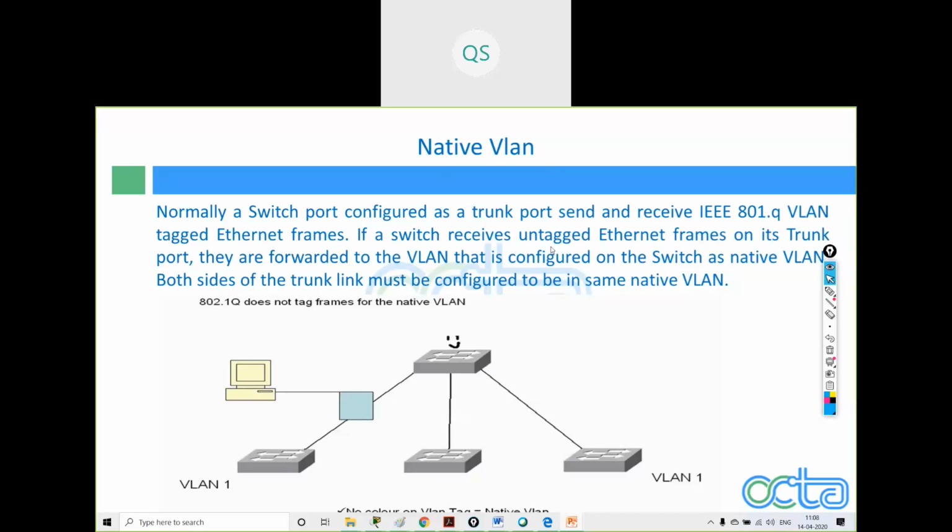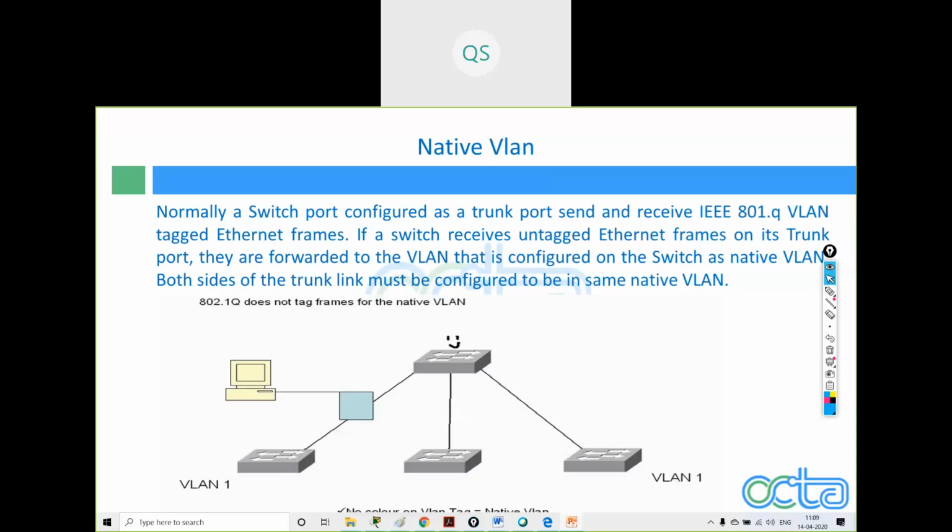If a switch receives an untagged Ethernet frame on its trunk port, it is forwarded to the VLAN that is configured on the switch as the native VLAN. Both sides of the trunk link must be configured to be in the same native VLAN. Understood? Yes, sir. What is native VLAN? Native VLAN is a default VLAN, you can say.